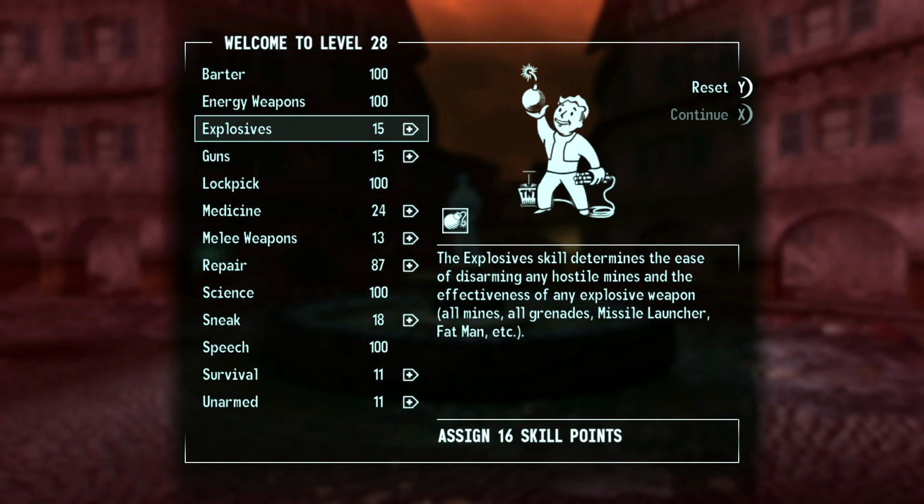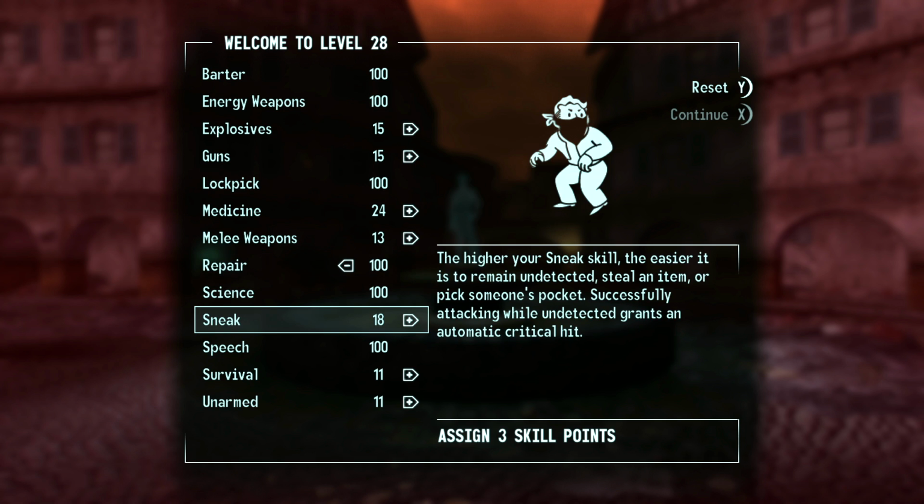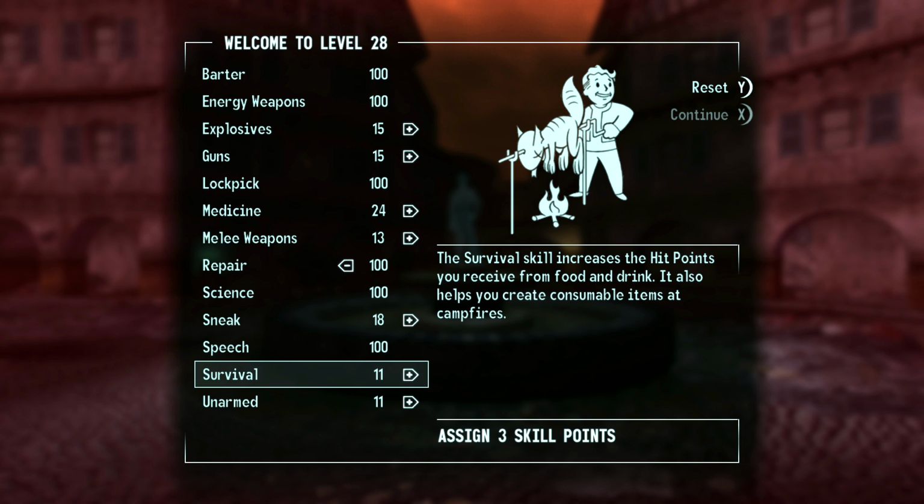And we get a level up, too. Let's go ahead and max out repair. And then what would be the next one? Sneak? I'm trying to do this without sneaking to switch up my play style. Survival, unarmed. Survival would be good. I would take this because Avery would definitely be good at surviving, but this is definitely not a